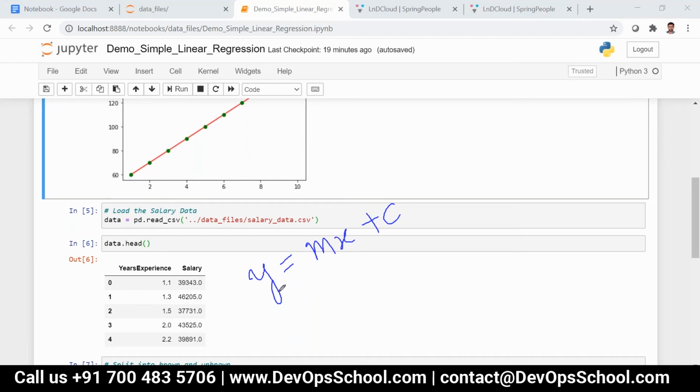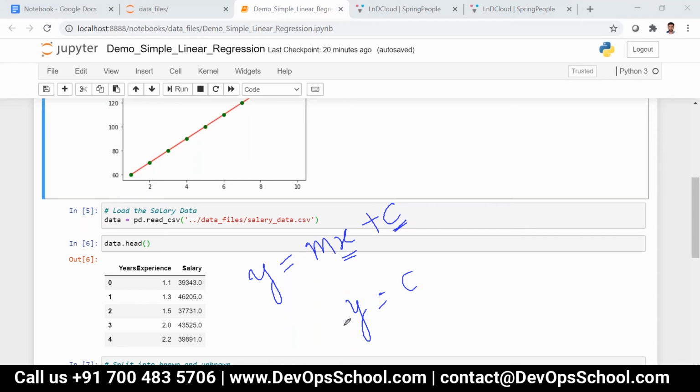Actually speaking, c is nothing but the y-intercept, where the line touches the y axis. For example, if x is equal to 0, y is equal to c, correct? When x is equal to 0, y is equal to c.